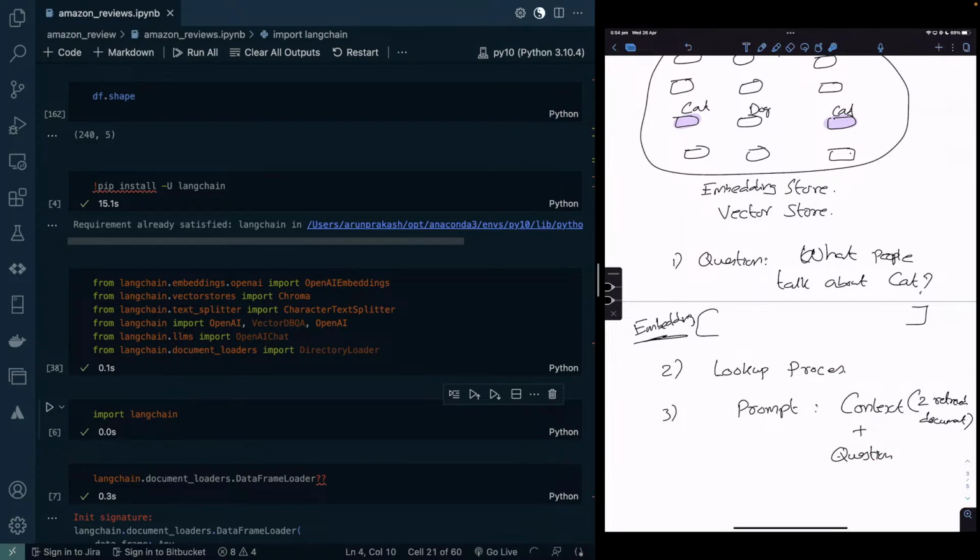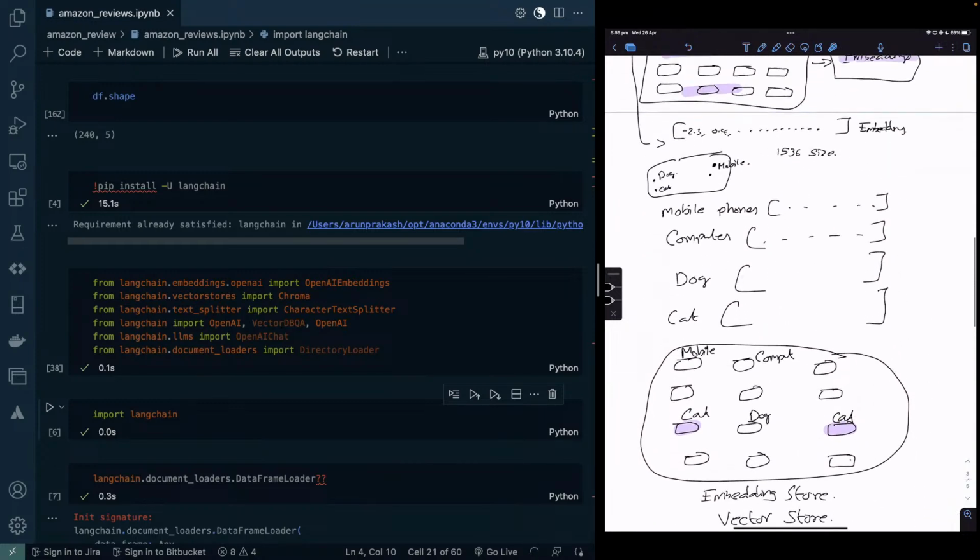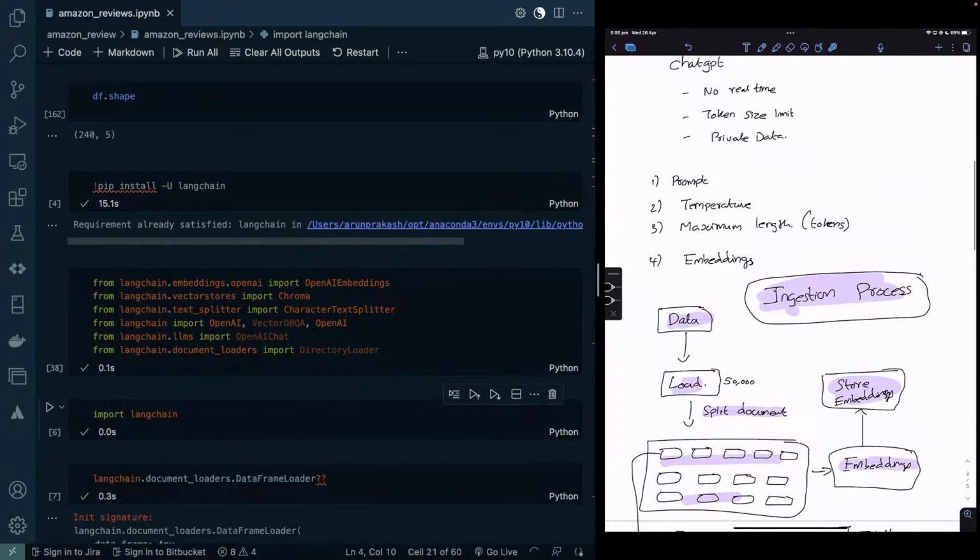We can do this by ourselves, it's completely achievable. We can write code to do all these things with just Python and the OpenAI library. But we are going to use LangChain, which does exactly this; all these steps are covered in LangChain, which is very helpful. And this LangChain library is also being actively contributed to, so every day they add lots of